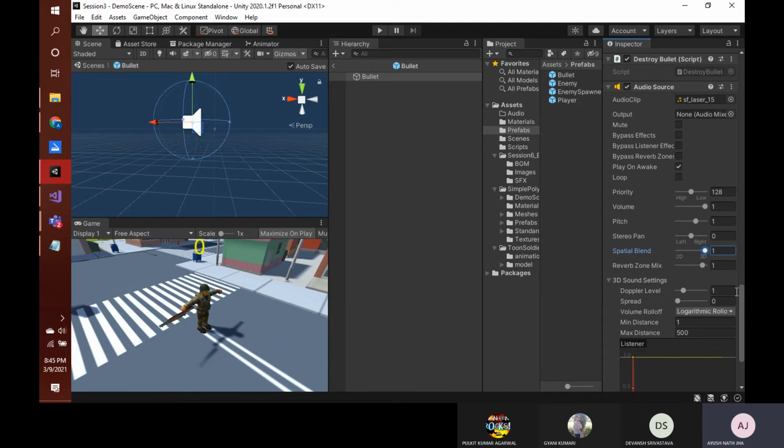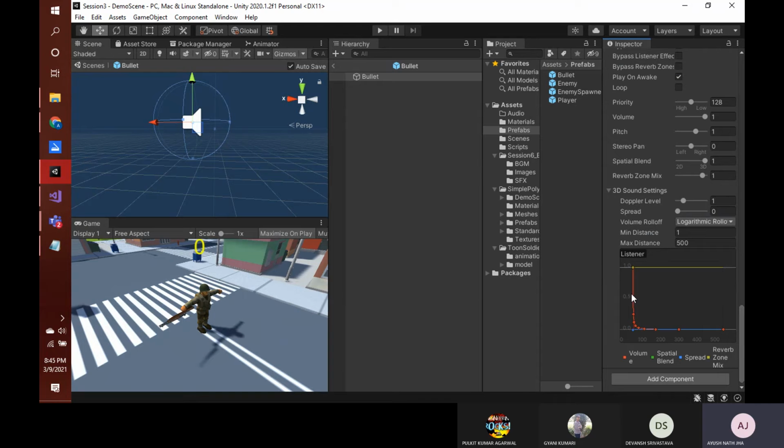It should follow the Doppler effect, right? I hope you all know the Doppler effect. In physics you might have studied how sound behaves and stuff like that, logarithmic fall off. So this is for the Doppler effect. We convert it to full 3D. And now if we save this and if we play,